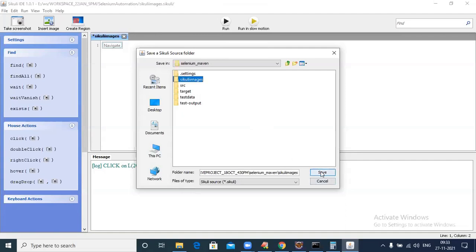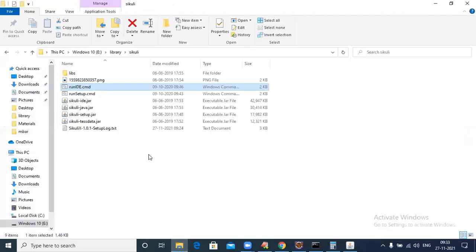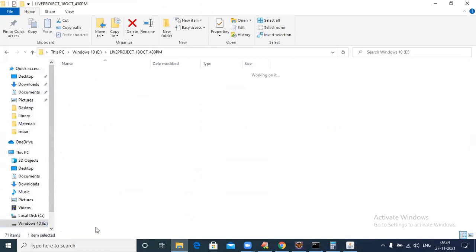Here I want to save. Yes, stored. That image is stored. See, the folder, 18th of October, Selenium Maven.